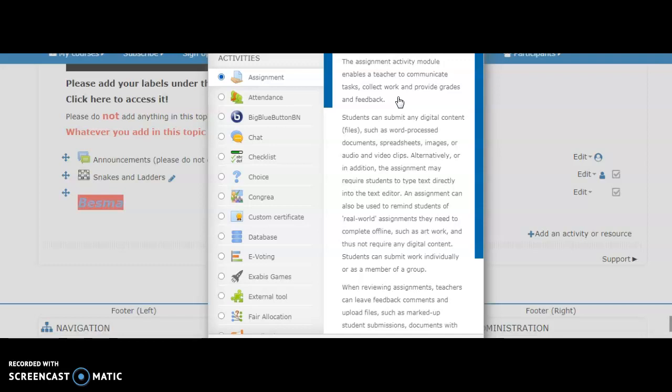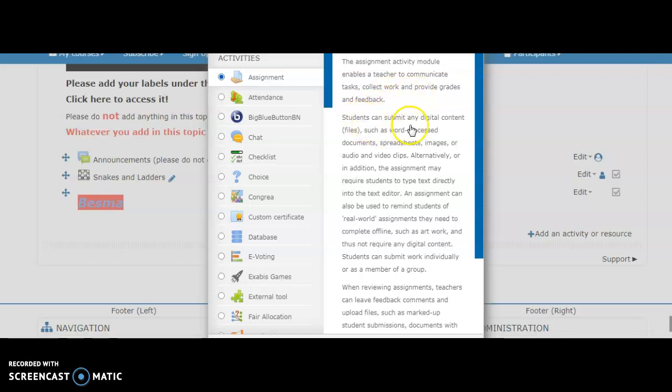So using this activity resource, the teacher who is doing online teaching is able to assign or communicate various tasks to the students, the participants, collect work, and also provide grades and feedback.